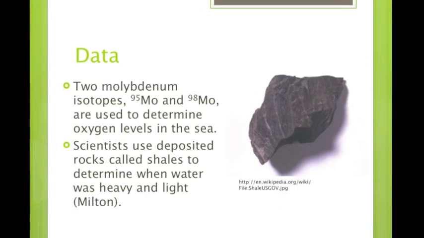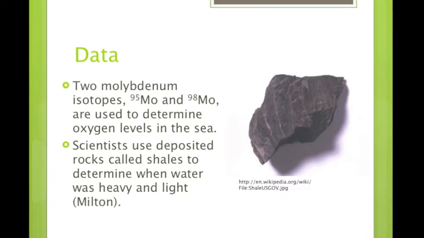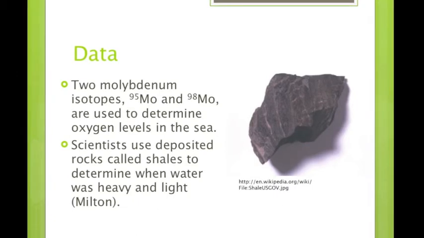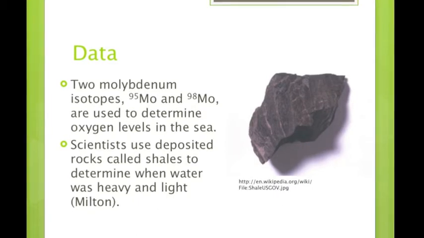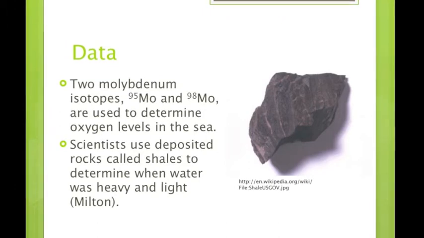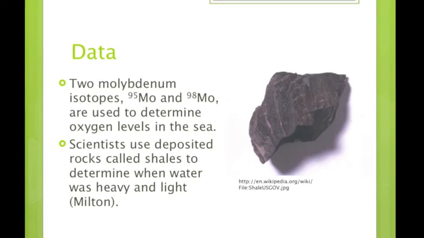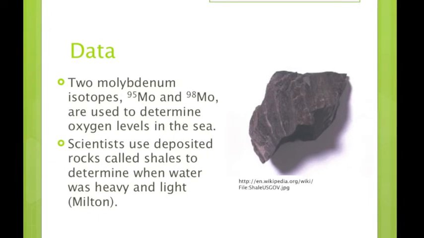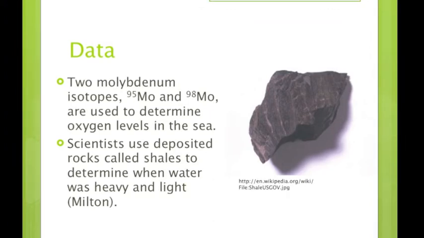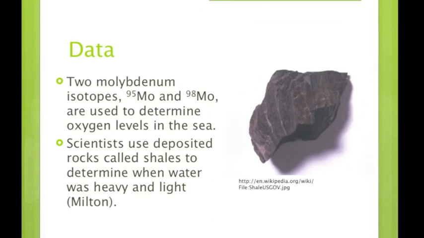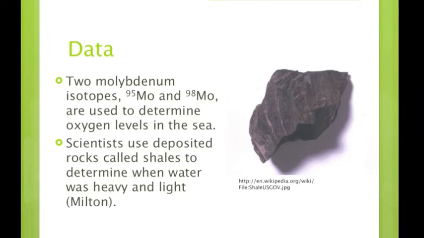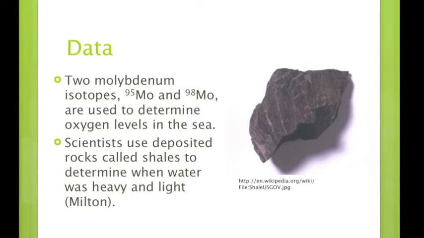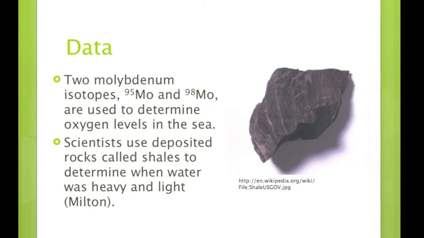Now I know this is biology class, but in chemistry, isotopes are atoms of the same element that have a different number of neutrons, which makes the isotopes have different masses. So molybdenum-98 obviously has a higher mass than molybdenum-95. When the ocean becomes oxygenated, molybdenum-95 is soaked into the seabed, leaving primarily molybdenum-98 in the water, which makes the water heavier. When the ocean becomes deoxygenized, molybdenum-98 is soaked into the seabed, leaving molybdenum-95, and this lighter isotope makes